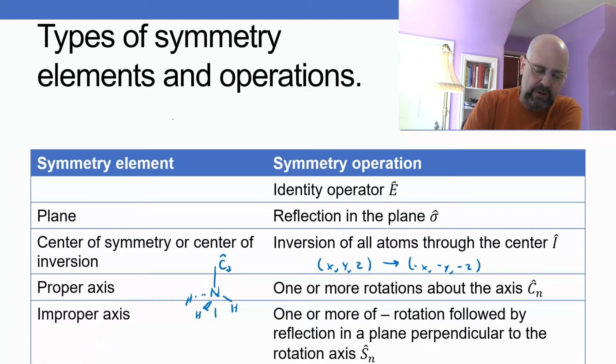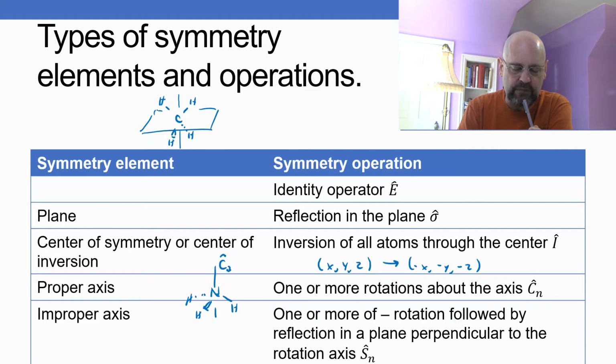We'll draw it up at the top here. So methane. And now if I take this as my axis and my plane here, if I rotate by a quarter turn, I'm going to get